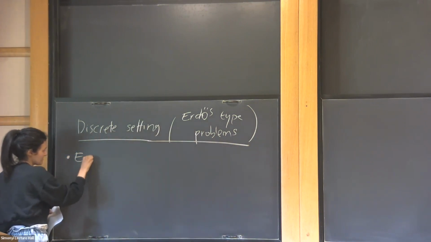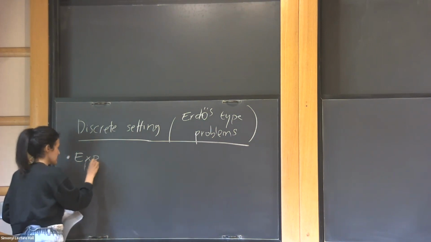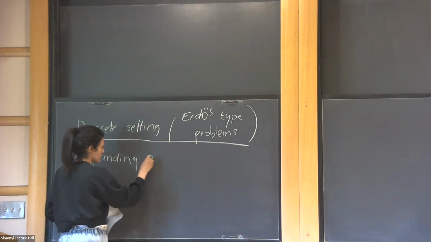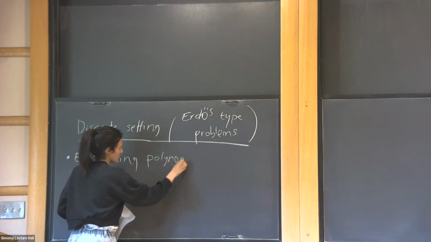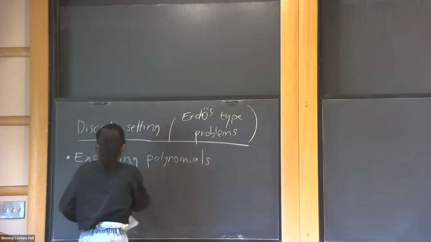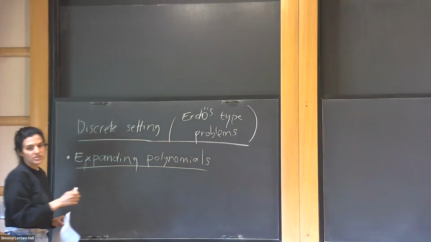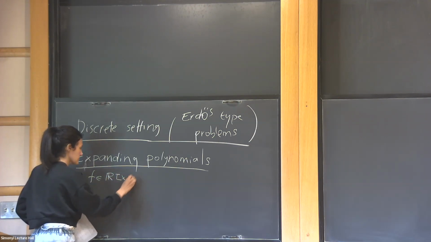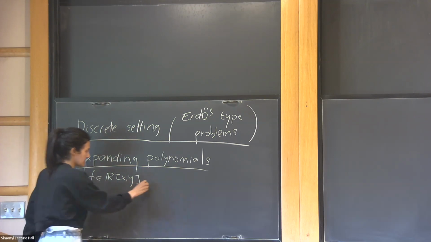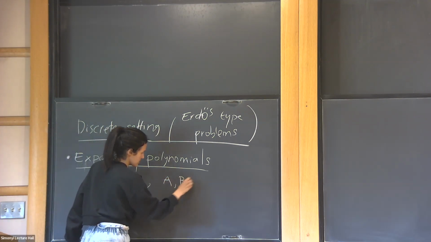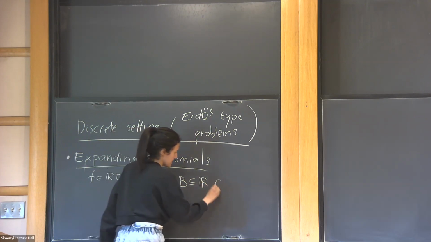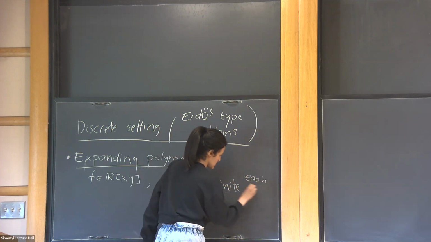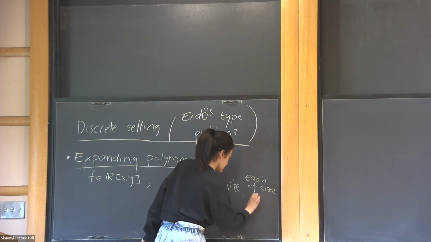So the first one is actually a question of Elekes, not of Erdos. It's the same flavor, so it's about expanding polynomials. And the question is this: we are given a polynomial of two variables, a real polynomial, and we are given two finite sets of real numbers. So A, B are subsets of R. They are finite, let's say, each of size n. And